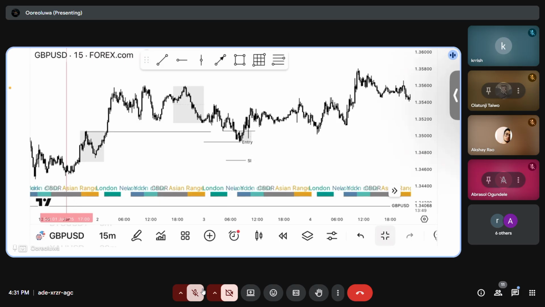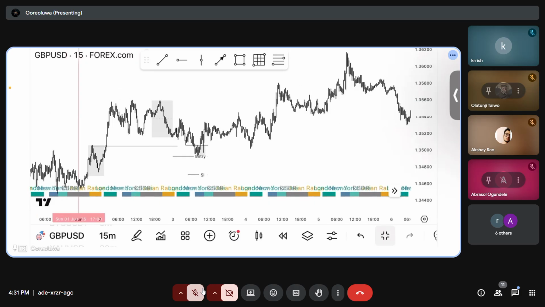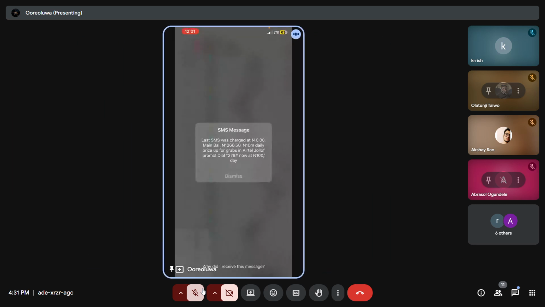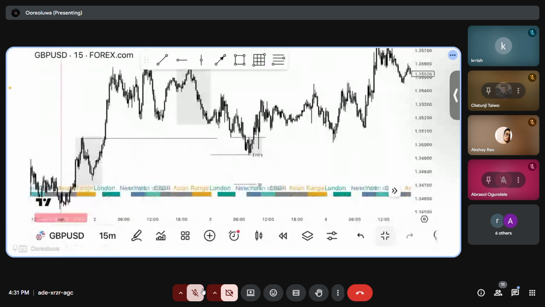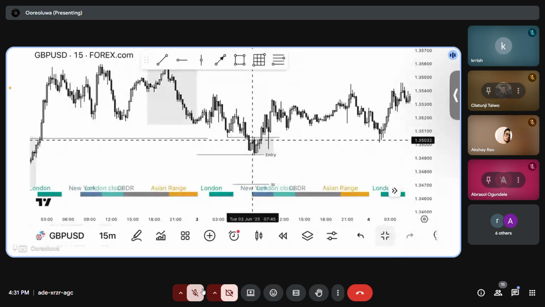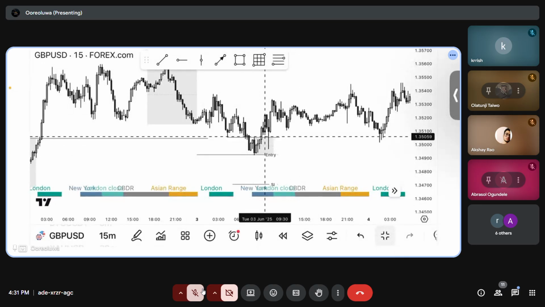You can decide to tell me any random pair, and I'll still explain the same way like this. Before I teach you guys, I don't study the pair. I don't study this particular price action before I come to teach. I just open it at random and I teach it because I trust my model. So for those of you that would have missed, or maybe you are scared of this trade, Model 1 will give you confidence.